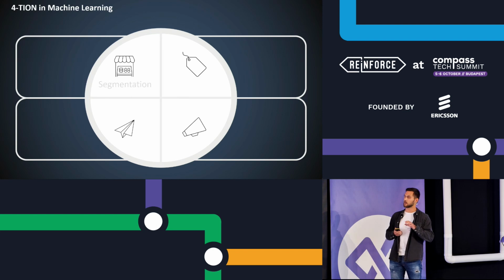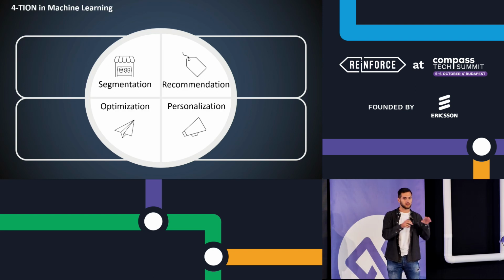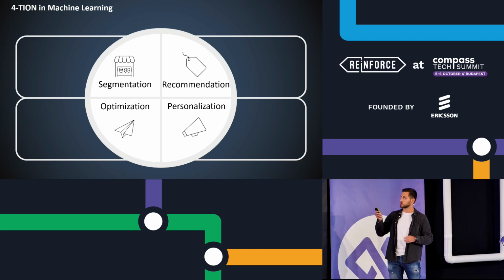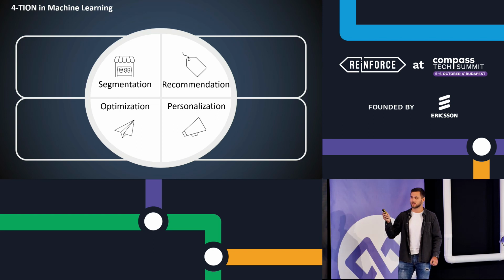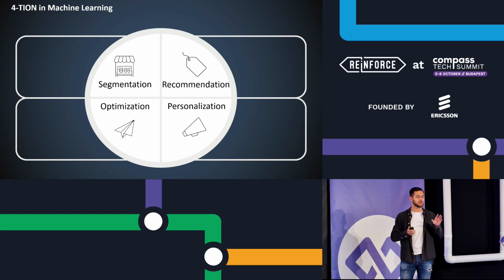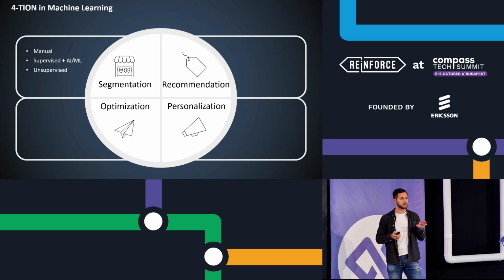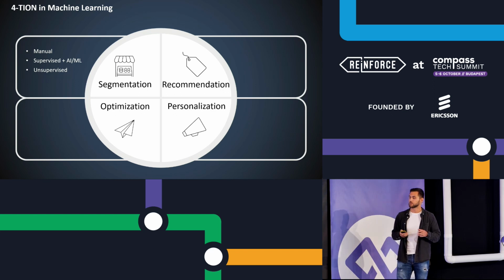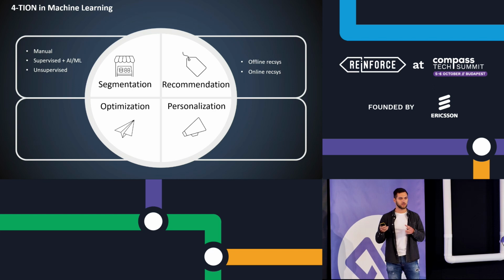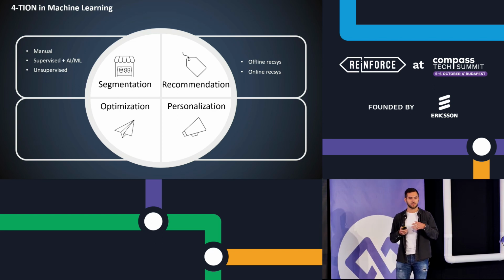And now let's have a bridge between marketing and machine learning framework. And we developed a framework, I called it FORTUNE: segmentation, personalization, recommendation and optimization. And these 4 pillars are about data science in the marketing field. So segmentation is about how we divide our customer base into meaningful segments to resonate with our customers and to communicate with them. Recommendation, this is about how to make our offers personal to each client, how to advise them particular products that they need.